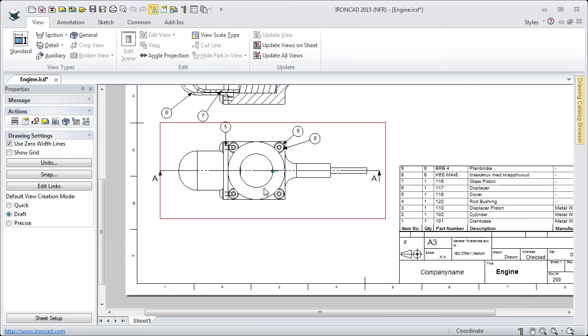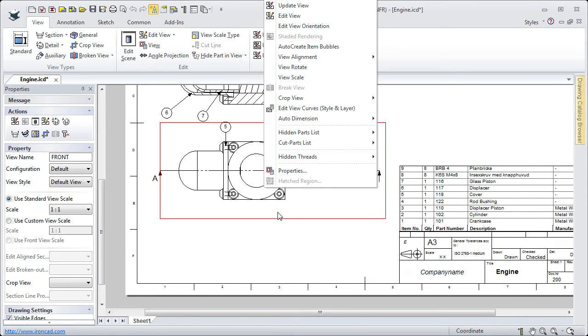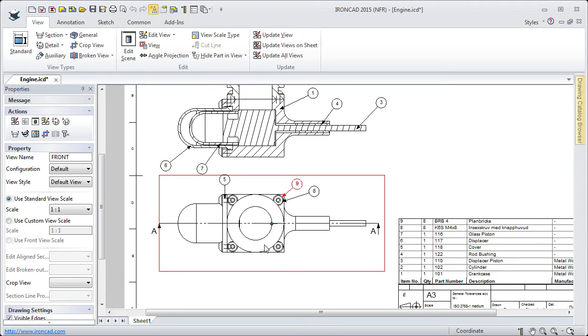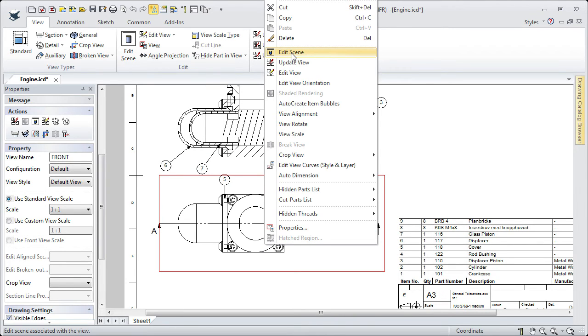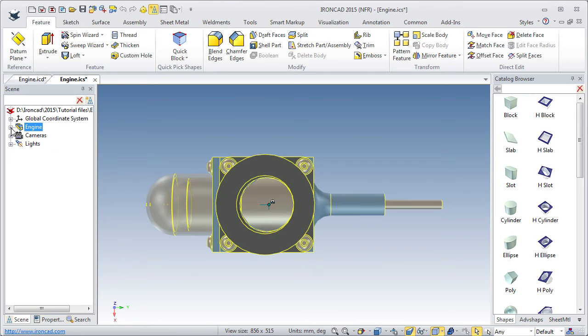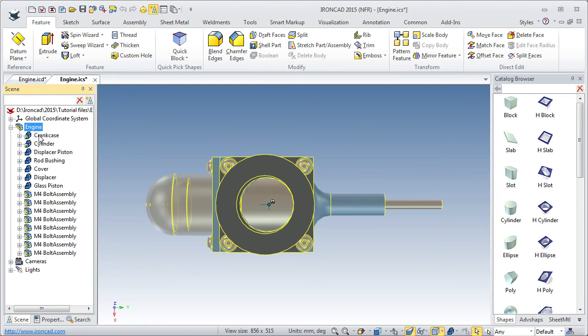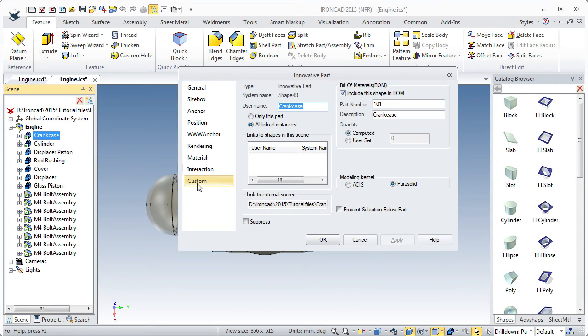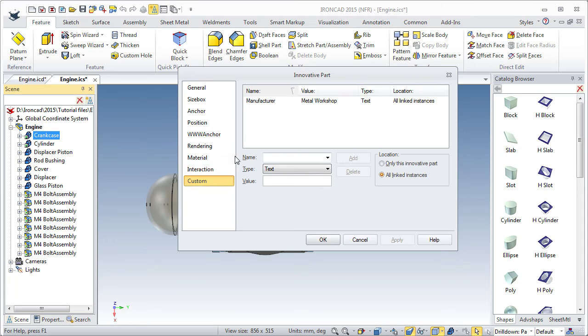Well, we select this view and right click. I think I have moved a bit, like so, and right click, and I will choose Edit Scene. And we come to this 3D scene, select the assembly. We expand the assembly here, and we right click the crankcase. We click Part Properties, Custom Property, and here we have the information we transferred from the drawing. Manufacturer, Metal Workshop,